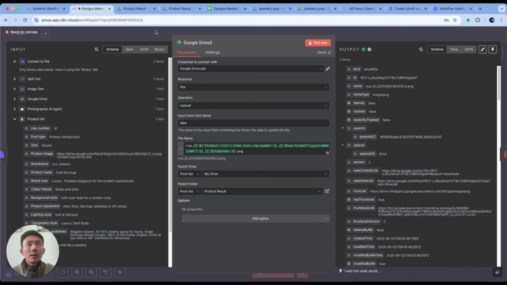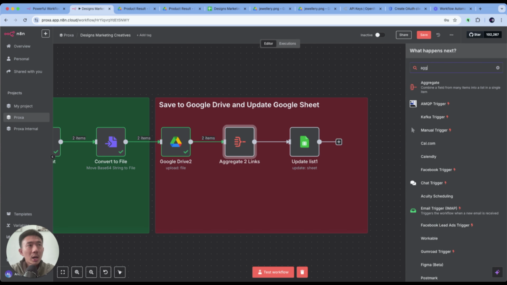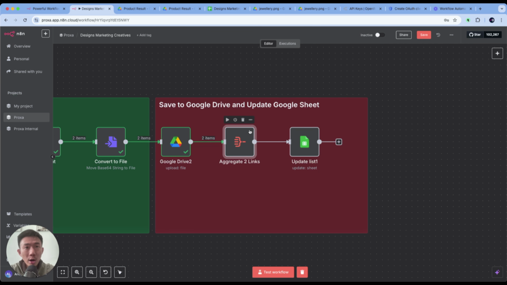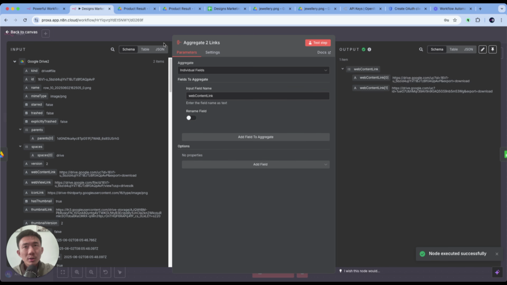Nice. Okay, for the next node, we're going to aggregate two links and then update the Google Sheet for the download links. So this one is Aggregate. This one combines a field from many items into a list in a single item. So Individual Fields under this Aggregate, and then for Fields to Aggregate, we will choose input field name, and for this part we'll choose webContentLink and Test step. Okay, so the purpose of this node is to aggregate from two items to one item. Because we have two images, then we have two links, and now we're trying to aggregate them in one